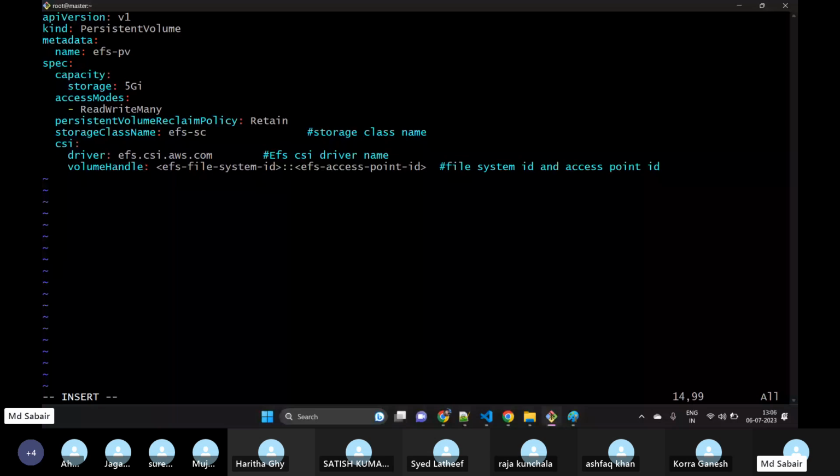The only change here, access mode is ReadWriteMany, and the storage capacity that we are trying to claim is 5 GB. Okay, this will be the name, and here I am configuring the provisioner driver name. So what we have created just now. Okay, and then here I need to configure the volume ID. So from where can I get this volume ID? I can get my volume ID